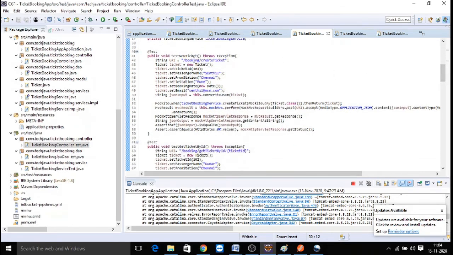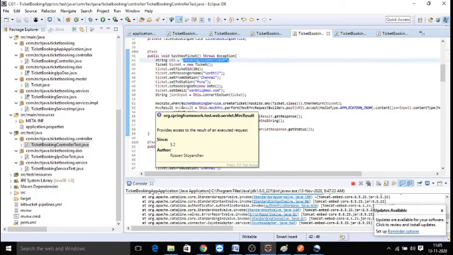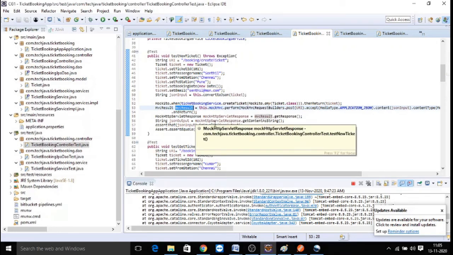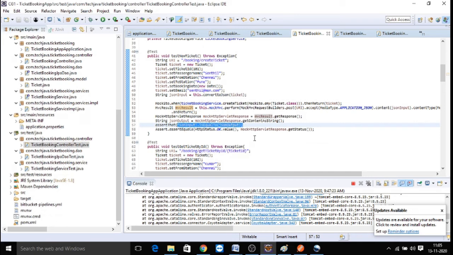Here we always pass a URL to call your controller methods. We never call the controller method by using a method name. We always call with a URL. So give the URL, pass the dummy object, create an empty bean object, ticket, pass the values, and then using the Mockito object with MockMvc, call the perform method by passing your URL. Whenever you pass your URL, it is going to invoke your application. It provides a response, which is an MVC result. With that MVC result, you match the expected result with the actual result. If both are matching and your HTTP response status is okay, then your test cases are passed.